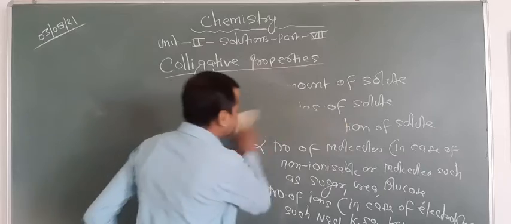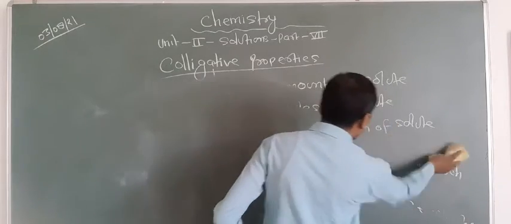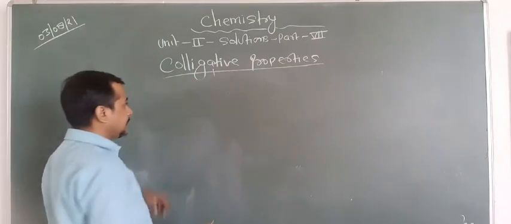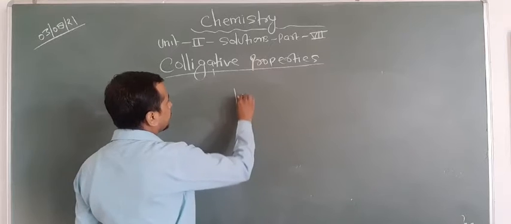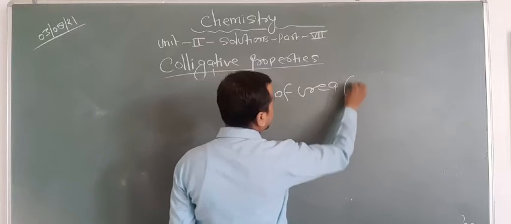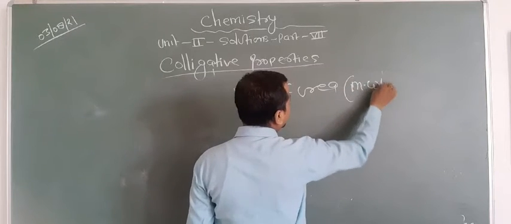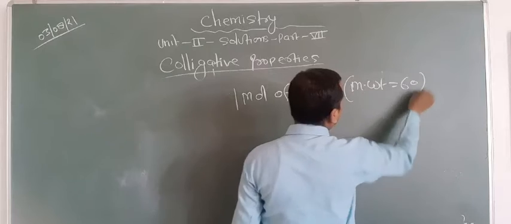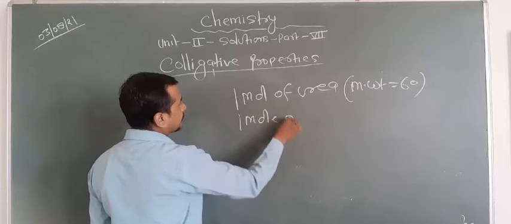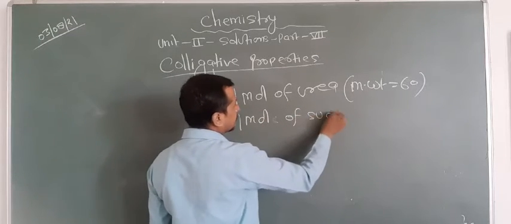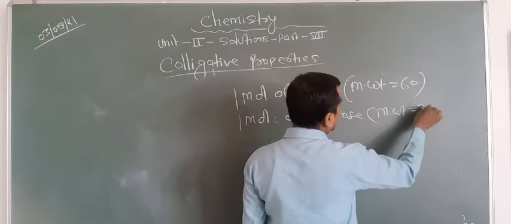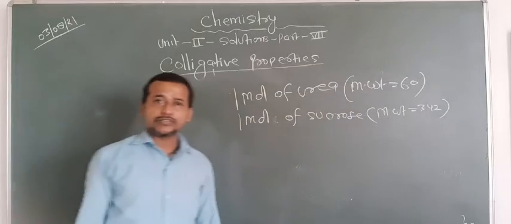Now let us focus on one example to explain this. How can you say that this does not depend upon the nature of solute particles? Just like that, suppose we take 1 mole of urea. What is its molar weight? The molar weight is 60. Are you getting this point or not? Similarly, we have taken 1 mole of sucrose. Here the molar weight of sucrose is 342 gram per mole. So now look at the conditions.